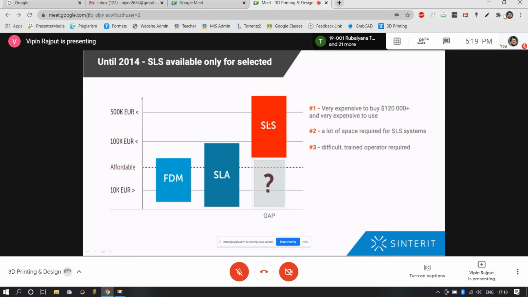Thus, many industrialists, technology incubators, manufacturing units, and research and development teams were not able to make use of this technology just because of the price range.